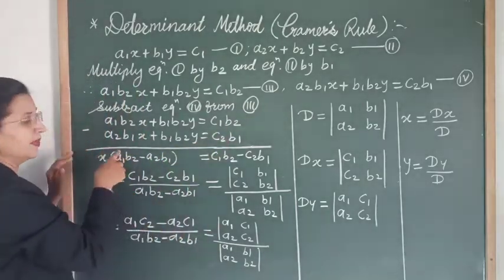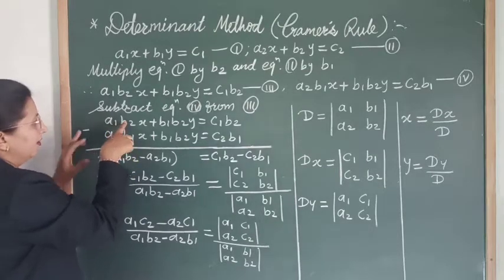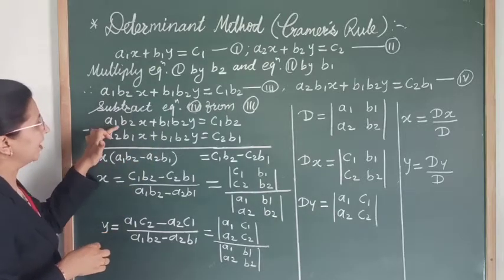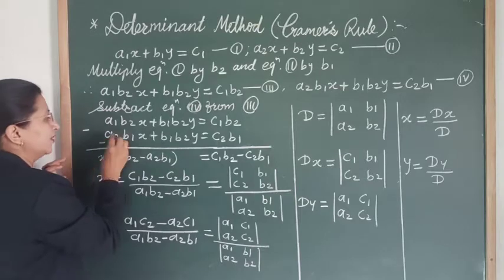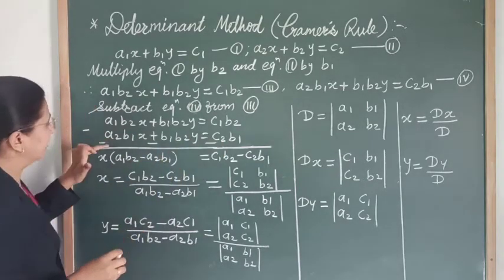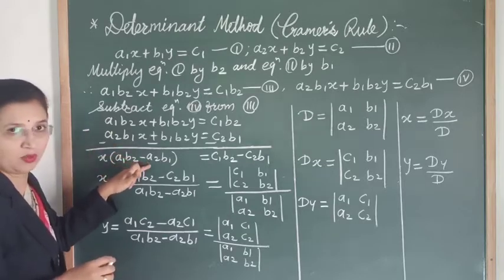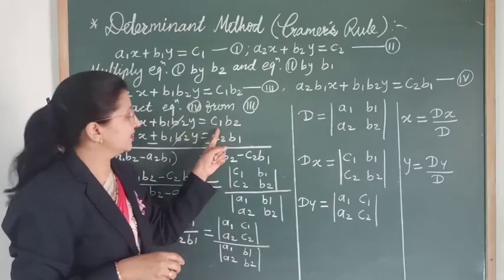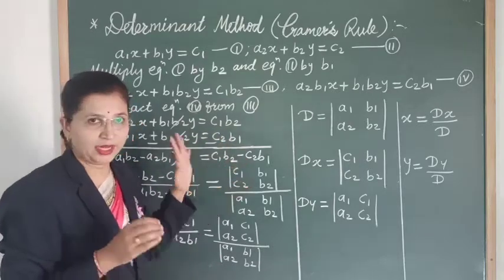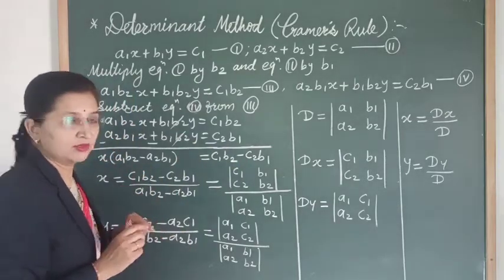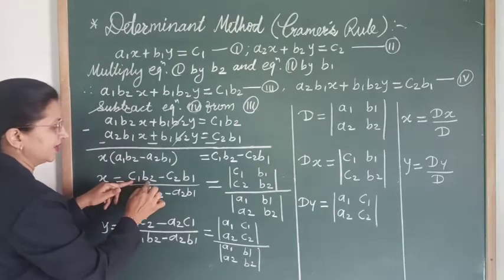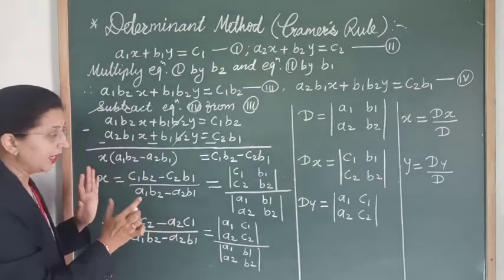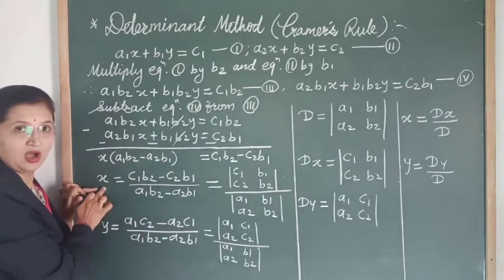Okay. Now after subtracting this, you can see that for the first term, x is common. So let's take it out. Here the sign of these terms will get changed, so we get a1 b2 minus a2 b1, and as the y term is positive it will get cancelled, and to the RHS we get c1 b2 minus c2 b1. Now we want to find the value of x. So this RHS, c1 b2 minus c2 b1, will be divided by this bracket which is multiplying x. In this way we will get the value of x.